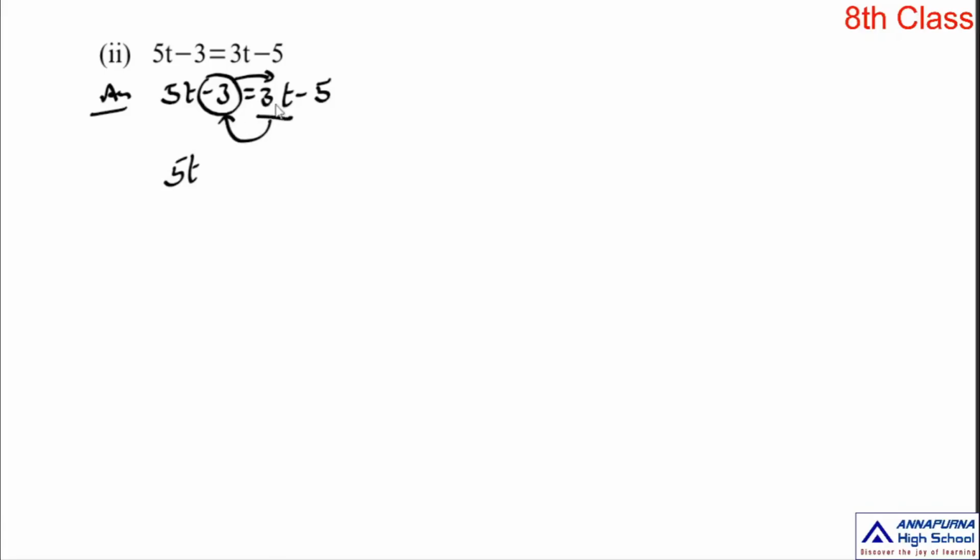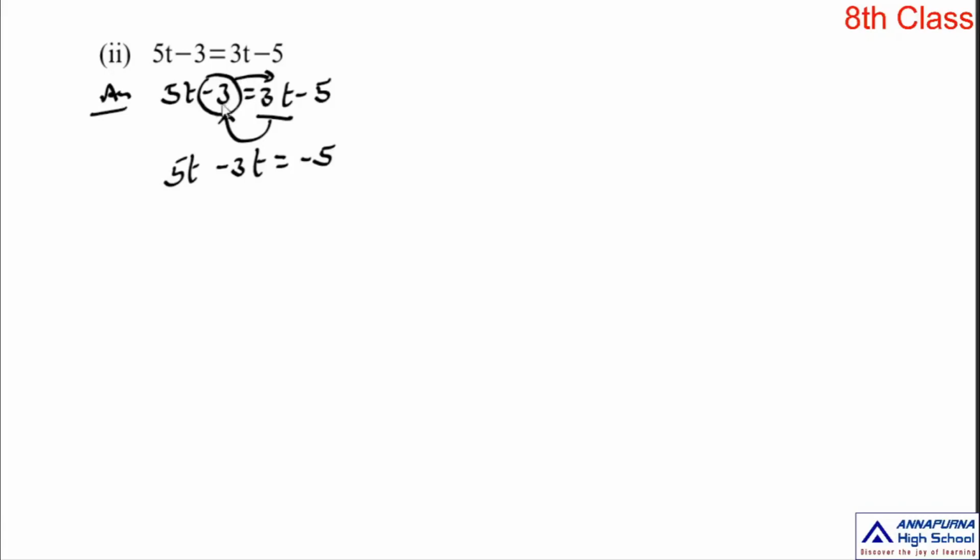So what is the sign of this term? Plus sign. So when you transpose it to the left side, it changes to minus. So plus 3t transposed to the left side changes to minus 3t is equal to, already on the right side you have minus 5. Why? Because 3t is already transposed to the left side. So on the right side we have minus 5, and from the left side you transpose this constant term to the right side.